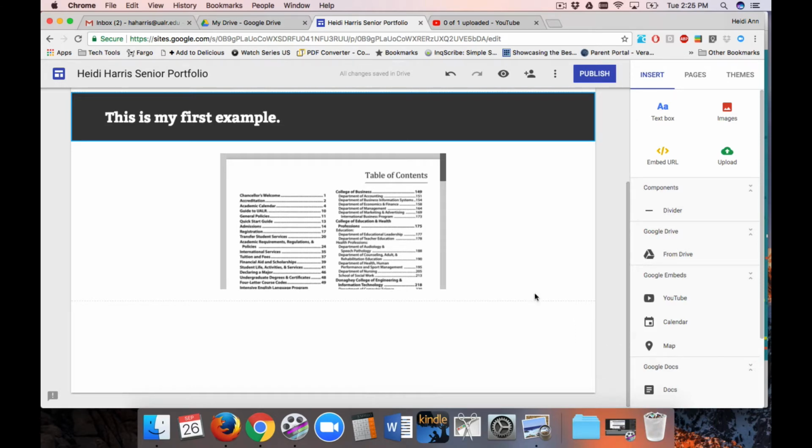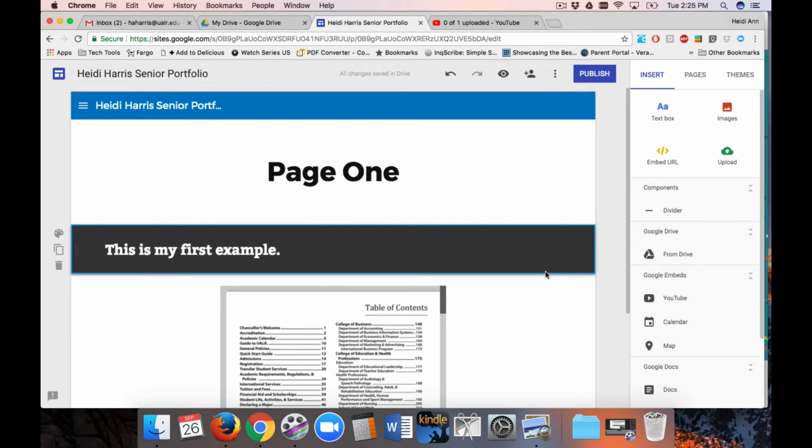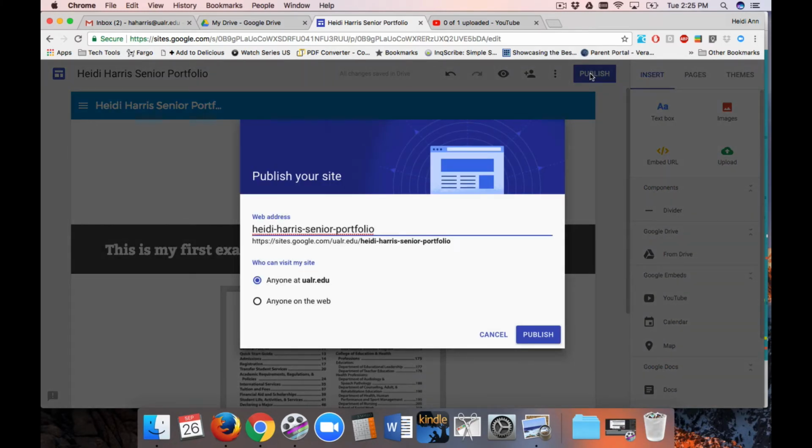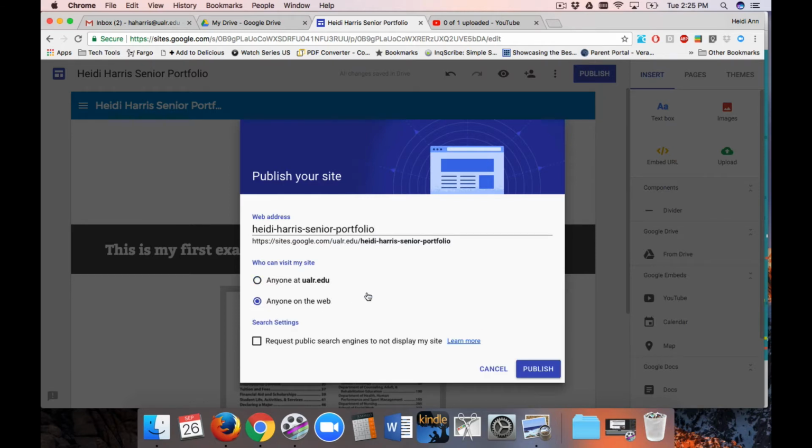So let's say you get everything how you want it to be, all beautiful, and you're ready to share it with the world. All you have to do is go up to here and click on Publish. It will ask you if that's what you want the name of your website to be. You can change it or not, and you can say that anyone at ualr.edu can see your site, or anyone on the web. I would recommend changing it to anyone on the web, for now at least, because there are